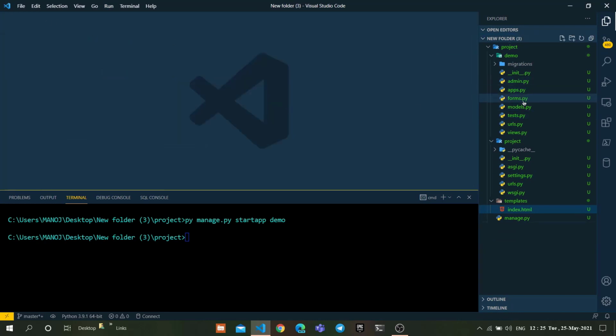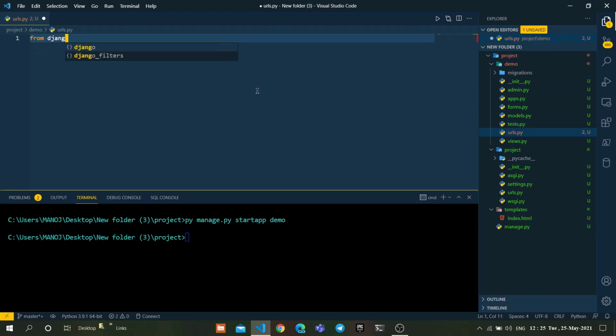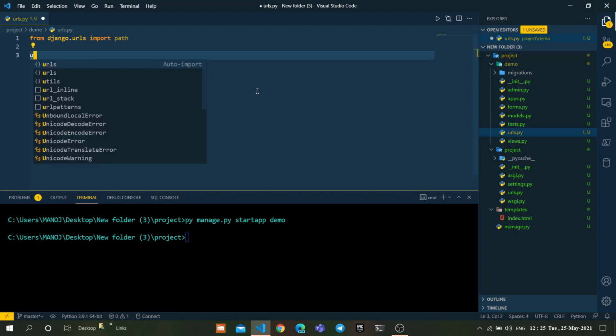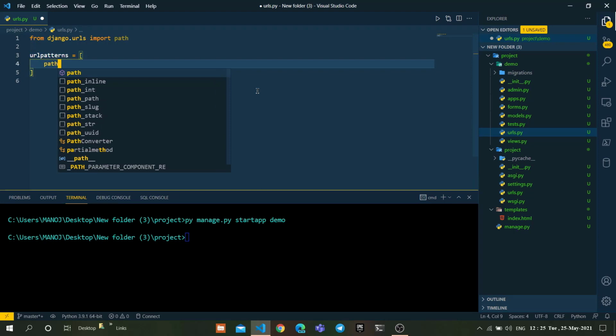Go to the urls.py in the demo app and type the following code: from django.urls import path. Here create a urlpatterns array which can hold all our paths.